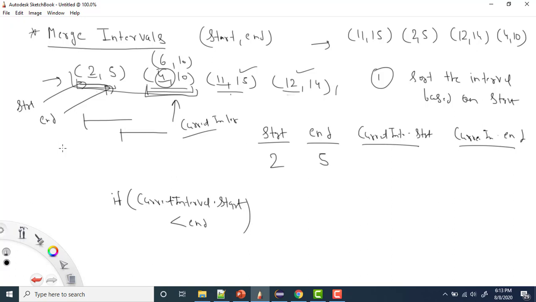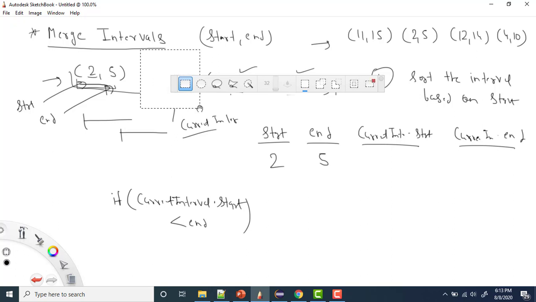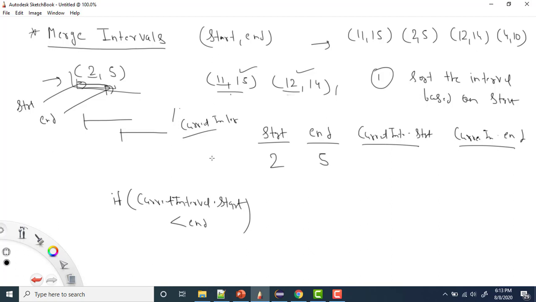So let me remove this one so that we focus on whatever we are doing. This interval is 4 to 10, right? So let me write here again. Here I have 4 to 10, right? So these are the four values we have. Now if you see, this is the current interval. Now current interval dot start is less than the end, right?